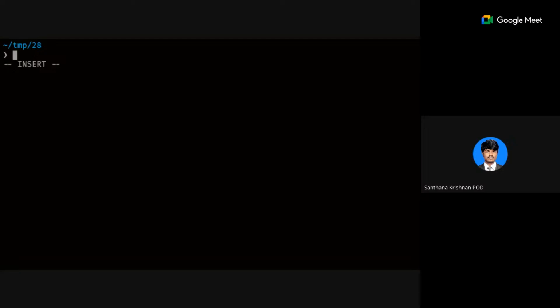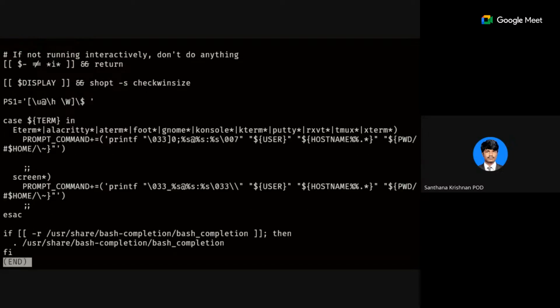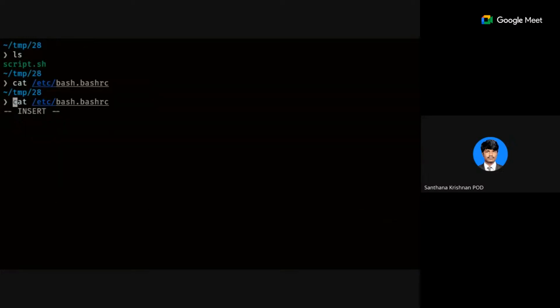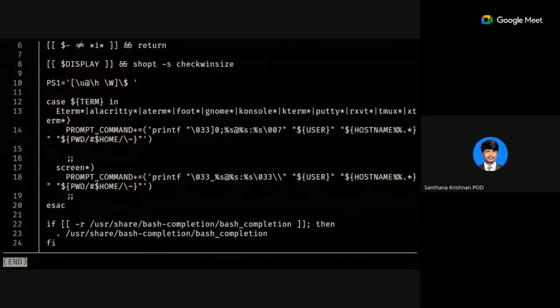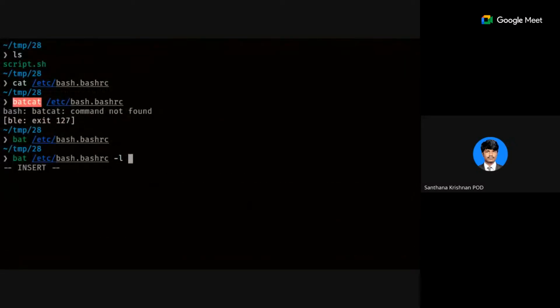Let's say if you are using Bash, the default one is /etc/bash.bashrc. This is the system-wide Bash script.